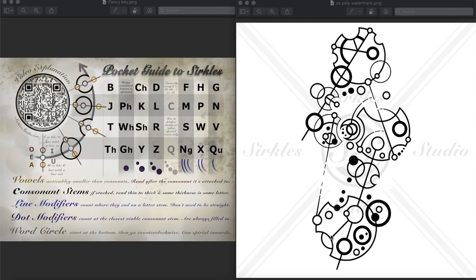So polyamorous is our first word. Our next word is here. The bottom of it's here. We hit our first letter here. It's a deep divot with no modifier, so that's a B. Then we have another Y, 2 dots on a circle on the line of the word circle, just like this Y with 2 dots. So by, and then we have an O, just like that O, as our first letter